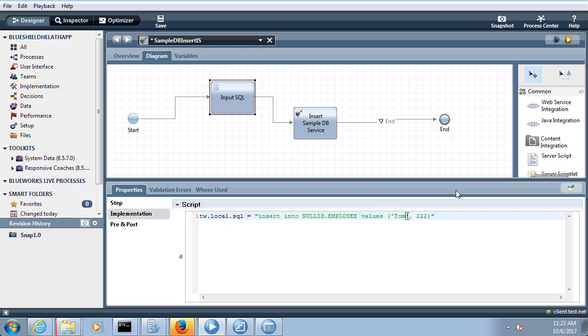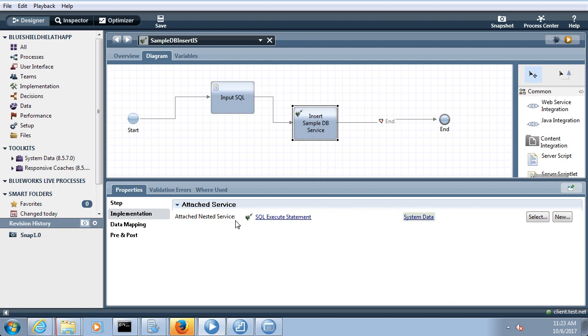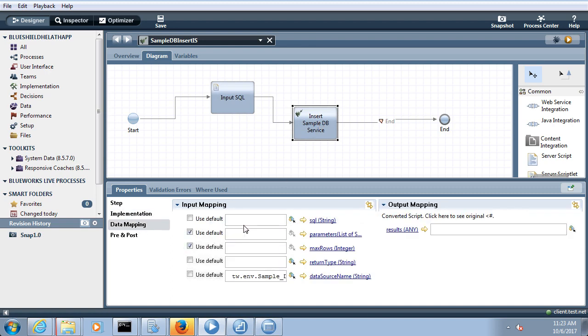And here let's have some name like Mahesh, and my ID is suppose 555. Save it. And here, tw.local.sql. Okay, fine. And if you want to run it again,